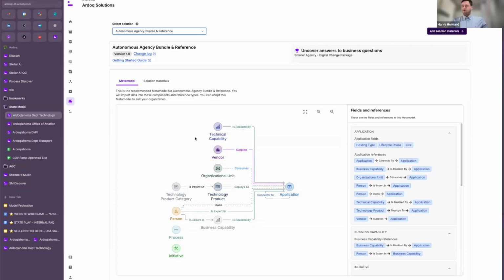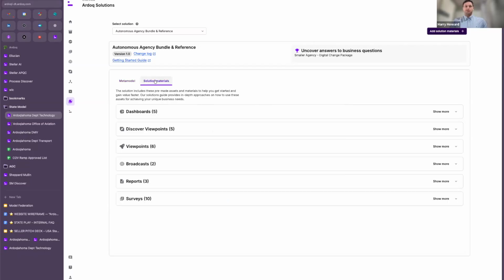You're familiar with the Ardoq solutions, have you loaded some of those in through the app? Yeah, mm-hmm. It's exactly the same, except we can allow the creation of them as well, for those agencies to be able to inherit those. So it's not just the scope of the data, but also the configuration like dashboards and surveys and things like that. That's super crucial because, with surveys for example, you're putting the guardrails up to set the right fields, reference types, all of that stuff.